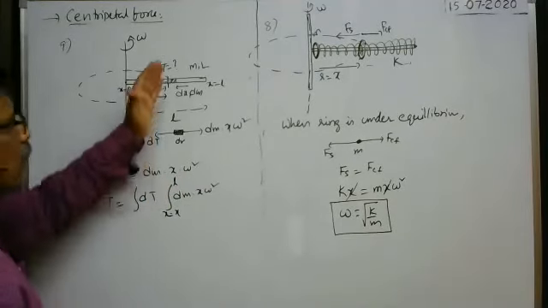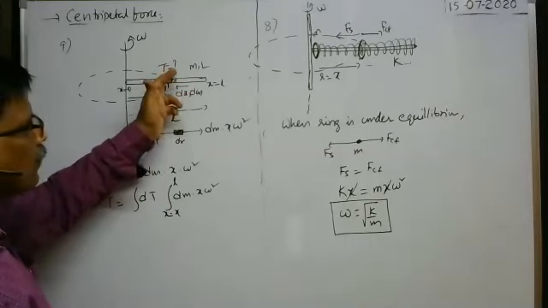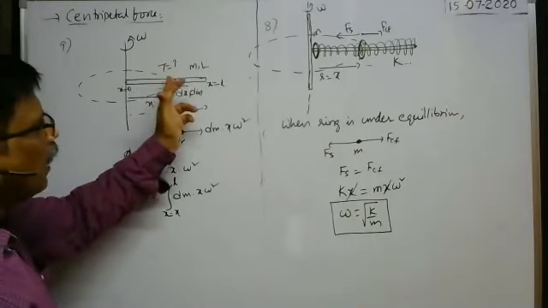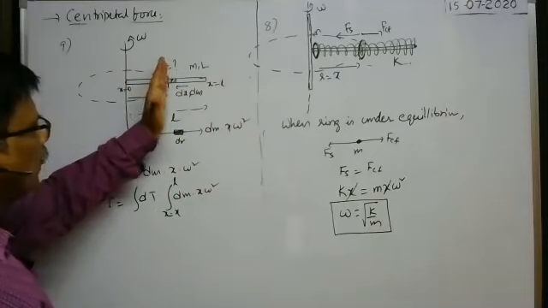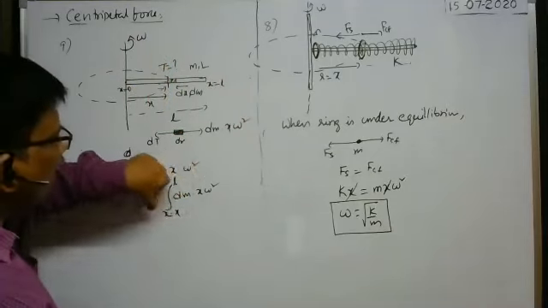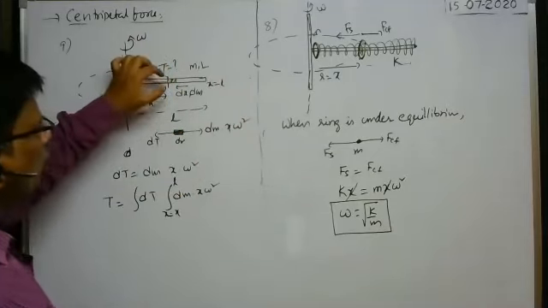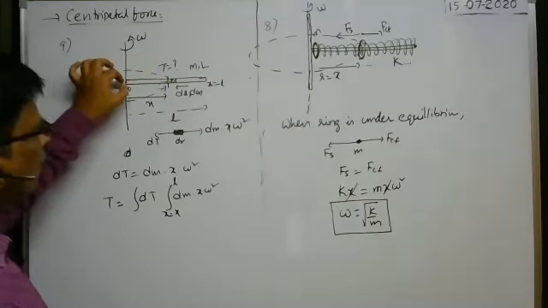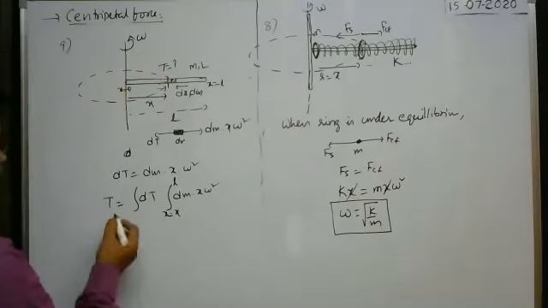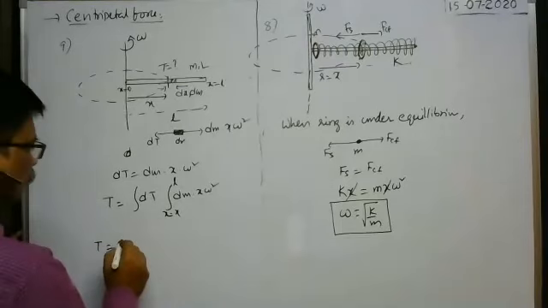This gives the sum of the centrifugal forces acting on each and every element away from the axis of rotation at this point. With the same force, the sum of all these forces, the remaining part of the rod pulls all these elements towards the axis of rotation. That is the tension at this point. That is T. So T is equal to integral.